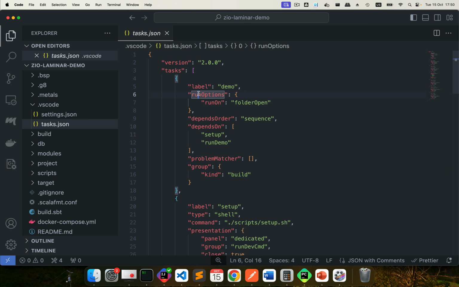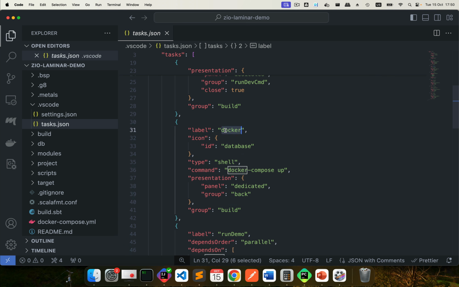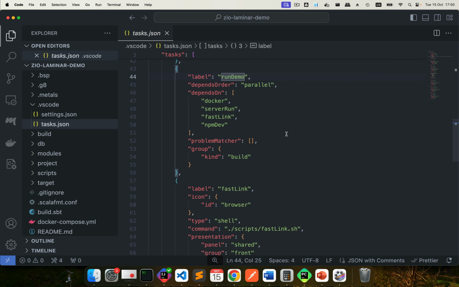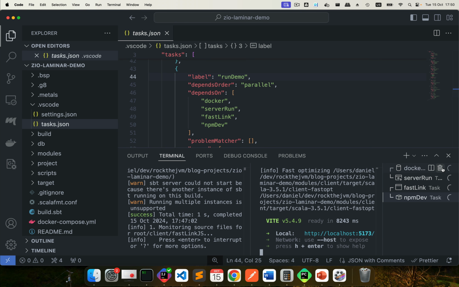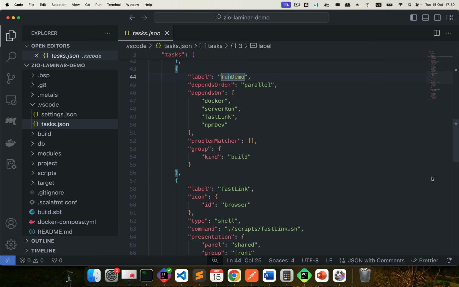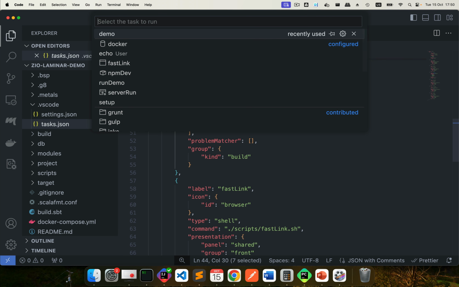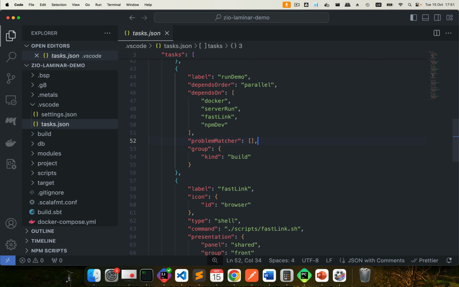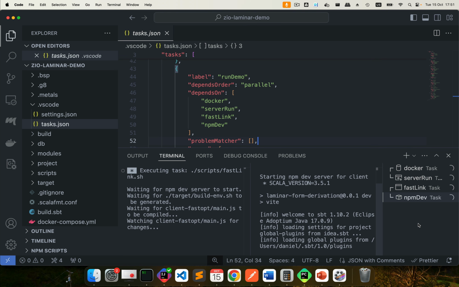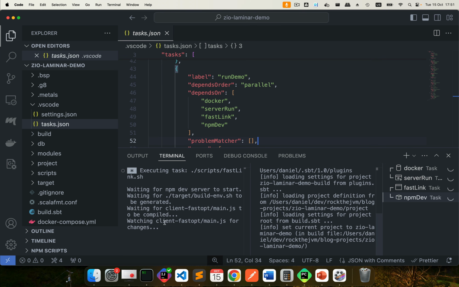So we have demo or setup or Docker or run demo. If by any chance one of these tasks does not run, so if one of these terminals gets killed for whatever reason, you can call the run demo tasks by hitting Command-Shift-P or Control-Shift-P. Go ahead and say run task, and then run the run demo task, and this will start the same terminals one more time, including the Docker with the Postgres database,